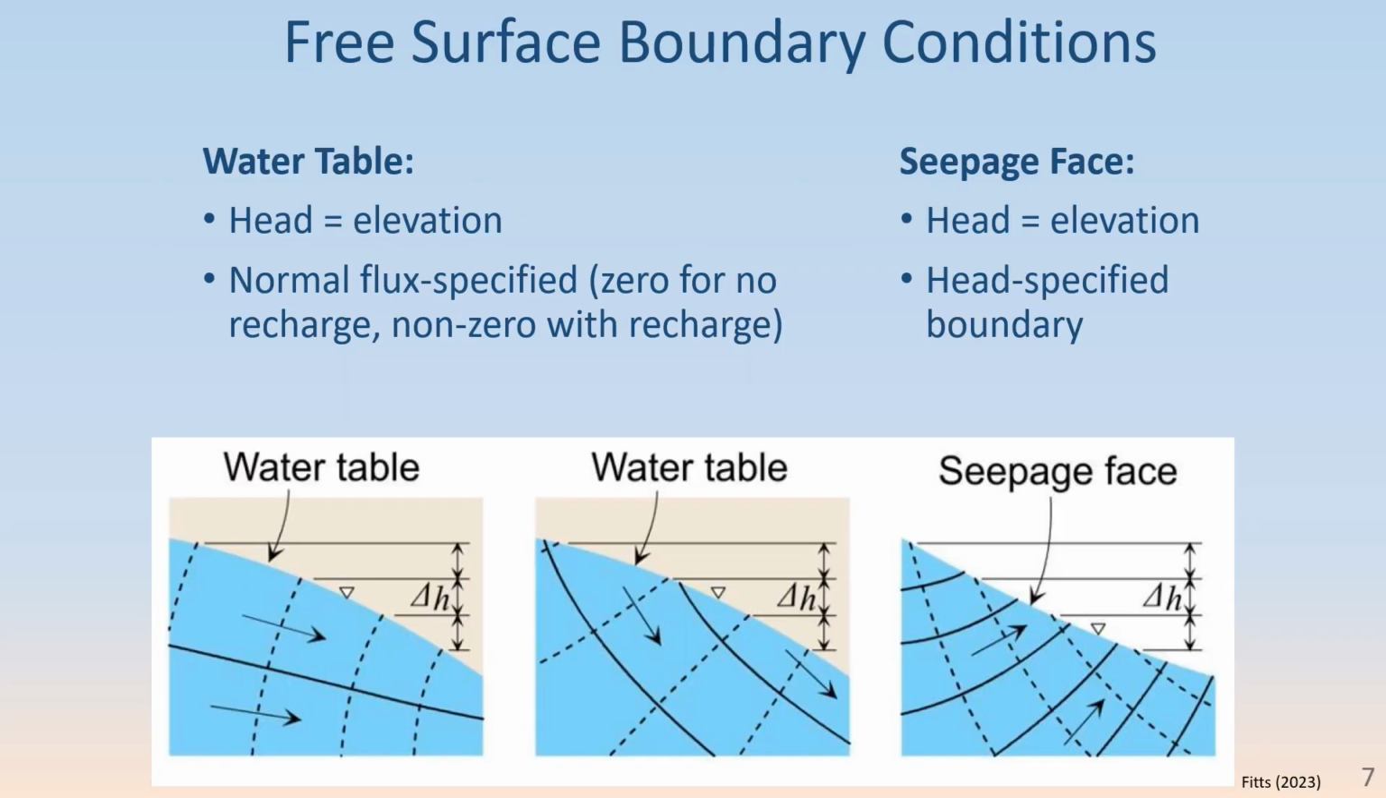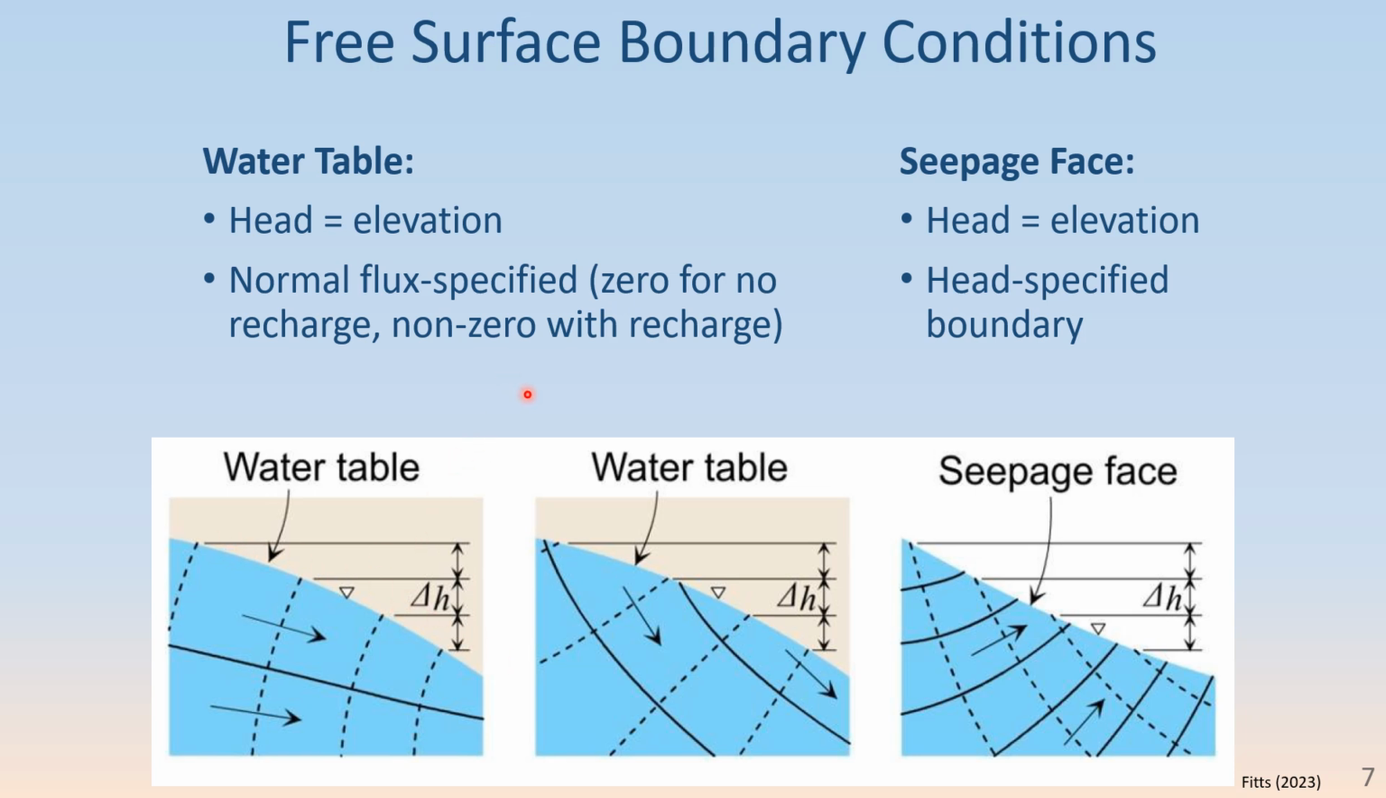Let's look at some of the possibilities for free surface boundary conditions. When we have a water table, the head has to equal the elevation because it's atmospheric pressure there. And the water table itself is typically going to be modeled with a normal flux specified line boundary. And if you want 0 recharge, you can set it to 0. If you want some non-zero finite recharge, you can set that recharge rate, which would be the flux normal to this boundary. So you'd have to take into account the slope of it to some degree to estimate that rate